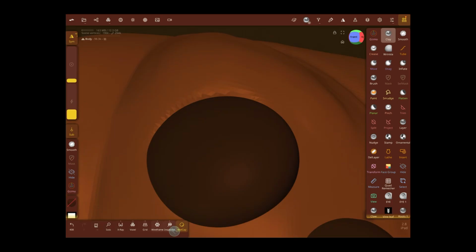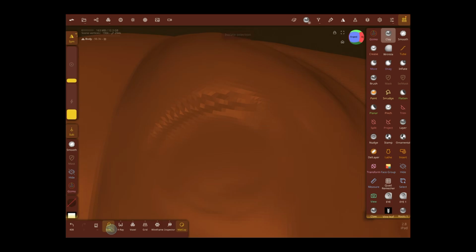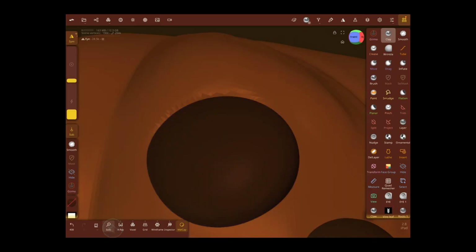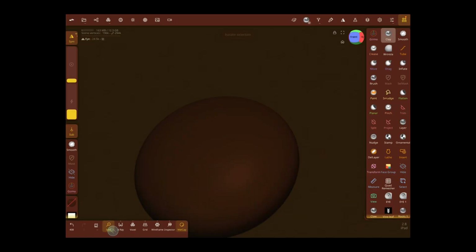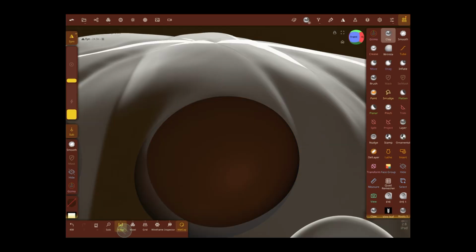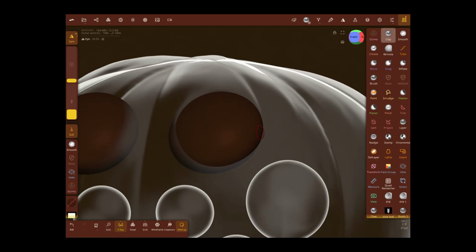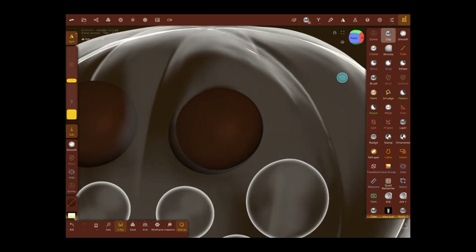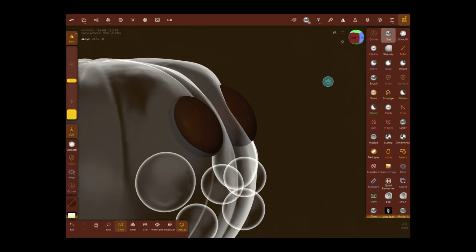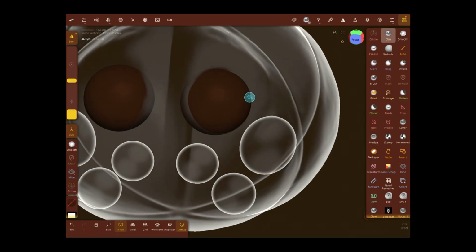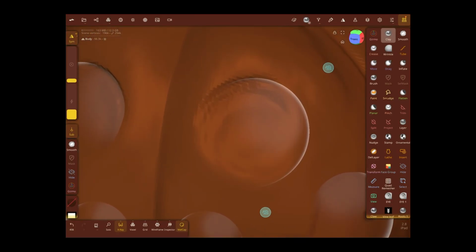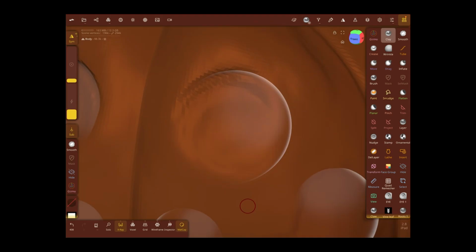Here are some things that you can see down here. If you do solo, it means it's going to show you only the pumpkin, whatever's selected. If you select the eye and click solo, it's only going to show you that eye. If you hit X-ray, it'll essentially make everything transparent, which is really nice because now you can really see those eyes and everything. For right now, we're working on our pumpkin, so we want